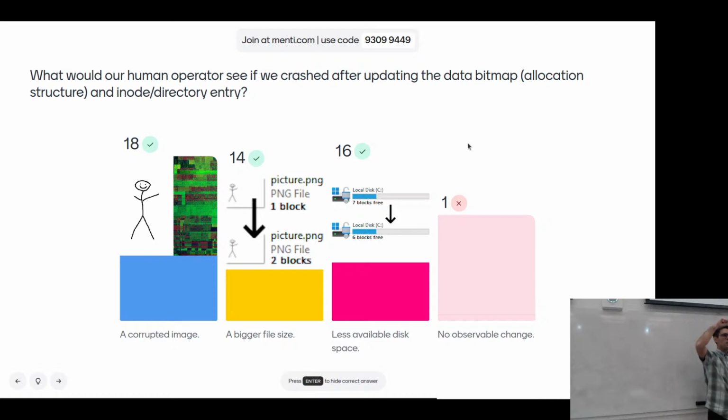So if we go back and try to build a cluster chain for this, what we're going to find is that we're going to try to go to the next cluster, but it's